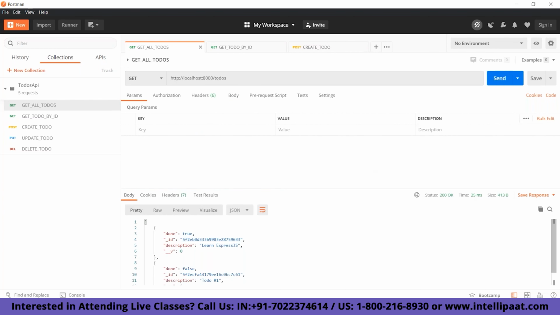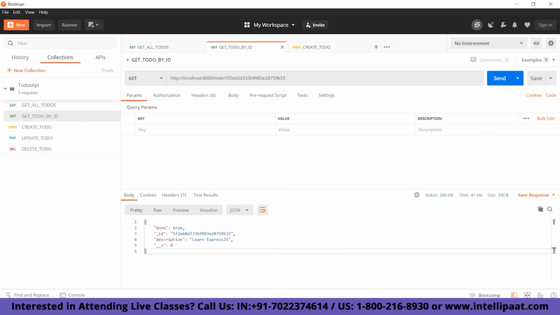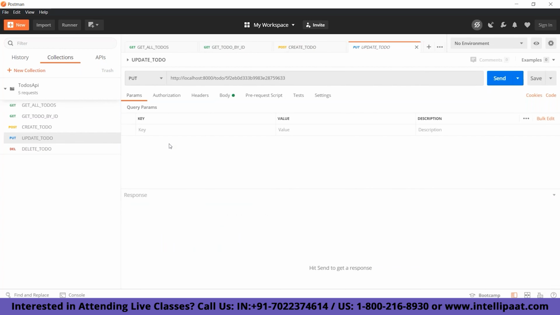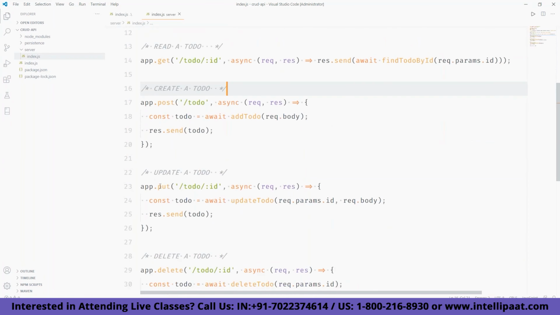Now we come to update. So you go here. To update, we can use the put method. Also, you can use the patch method as well. Both of them are almost the same. In put, you say that the entire entity has been updated. In patch, only a few fields of this are updated. So you can use patch here as well. It doesn't really matter. So what we do is we get the request ID and the body, and we send